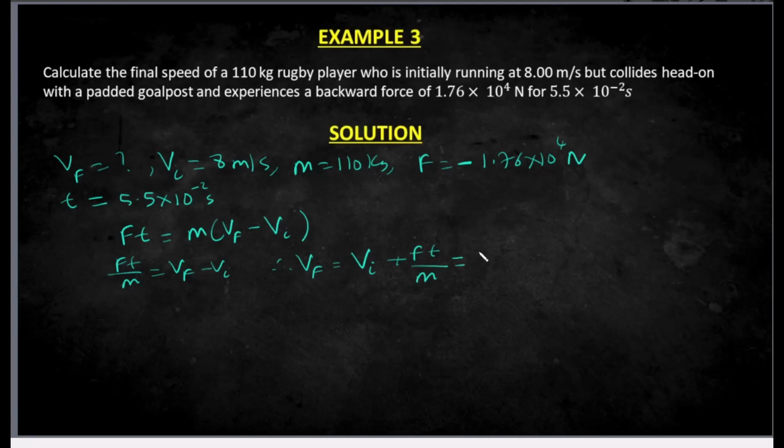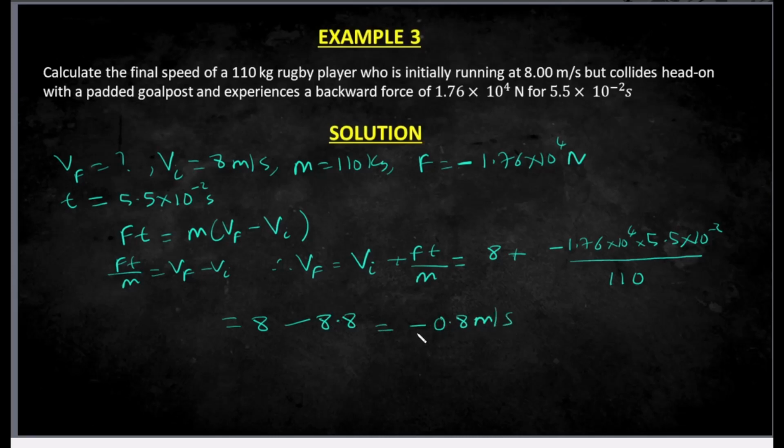All you need to do is to substitute the values. The initial velocity is 8. The force, remember, is minus 1.76 times 10 to the power of 4. The time is 5.5 times 10 to the power of minus 2, all divided by the mass, 110. Here you are going to have 8 plus minus is minus. When you divide all of this, you get 8.8. When you subtract, you get minus 0.8